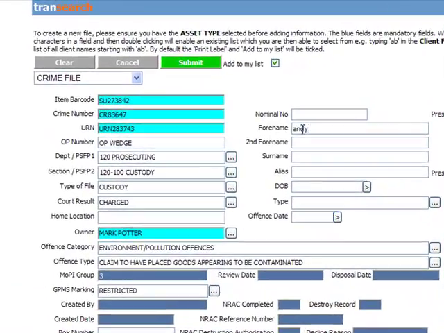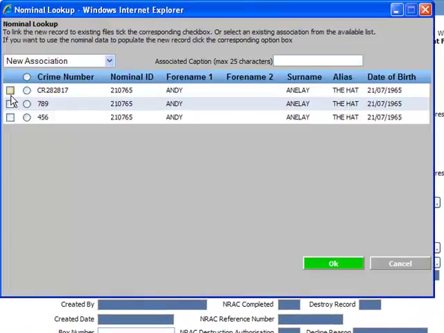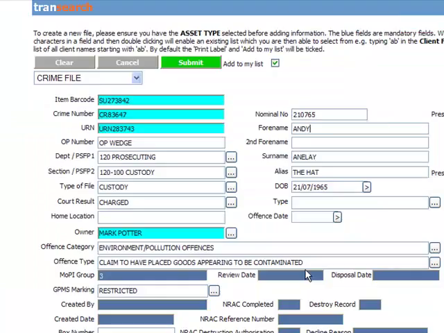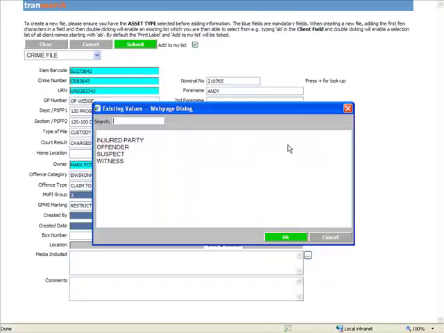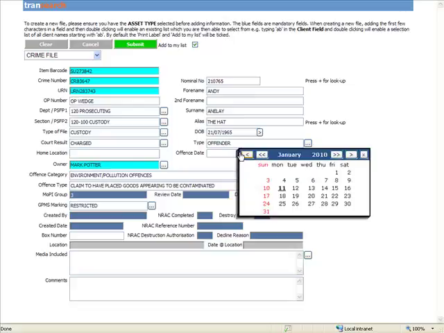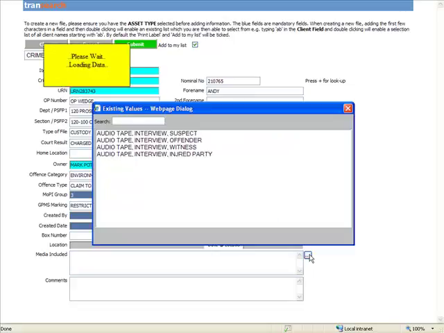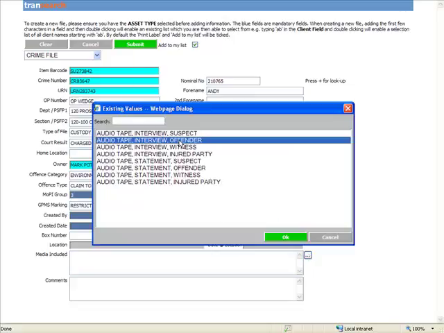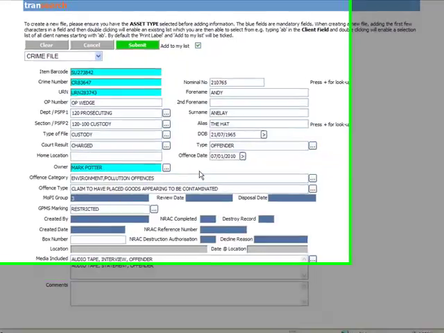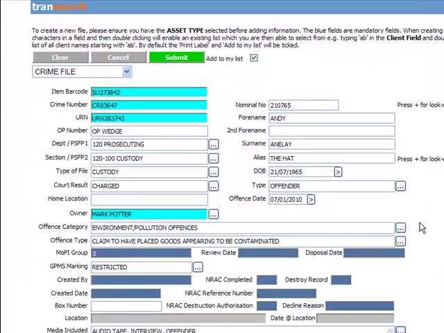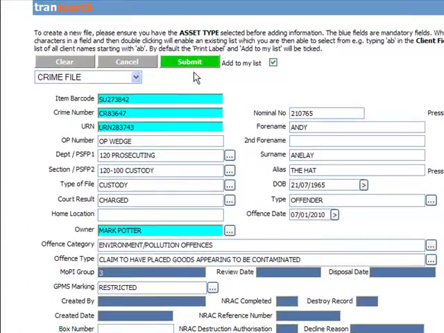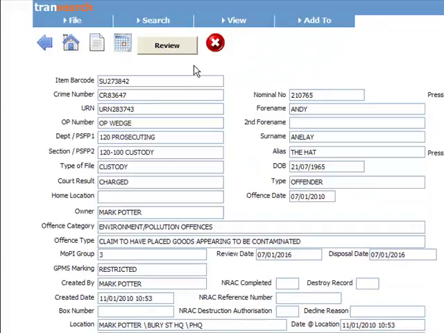Once the case details have been entered, the nominal details can also be included by adding into any field and then selecting the appropriate nominal. Information can be pulled through to a number of fields to populate this section, and we can also capture things like the offence date and that kind of thing, and any materials or records that have been collected around this particular crime file. At this point, having completed the form, we can then submit the file, which then goes for